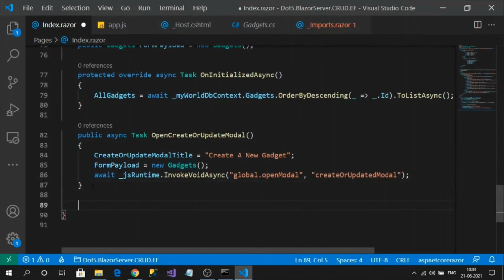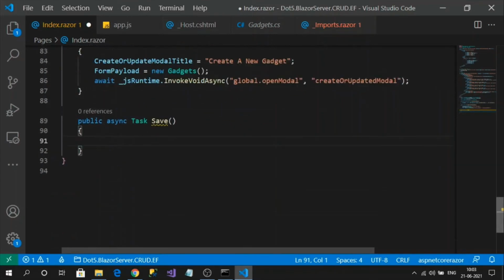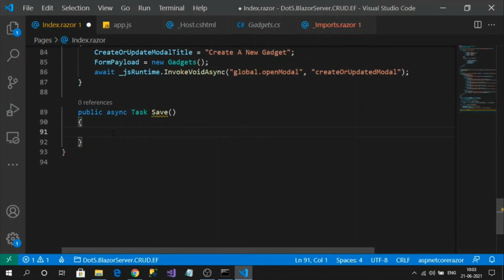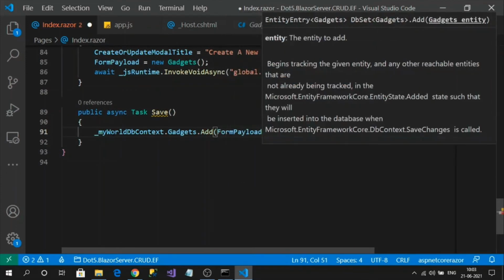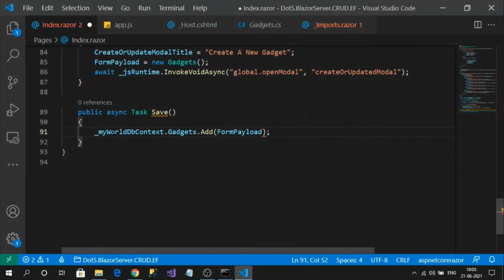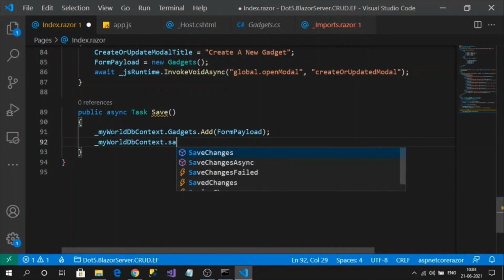And let me create one more method like async Task Save. Here what I will do, my old dbContext.Gadgets.Add(formPayload), right? And my old dbContext.SaveChangesAsync.